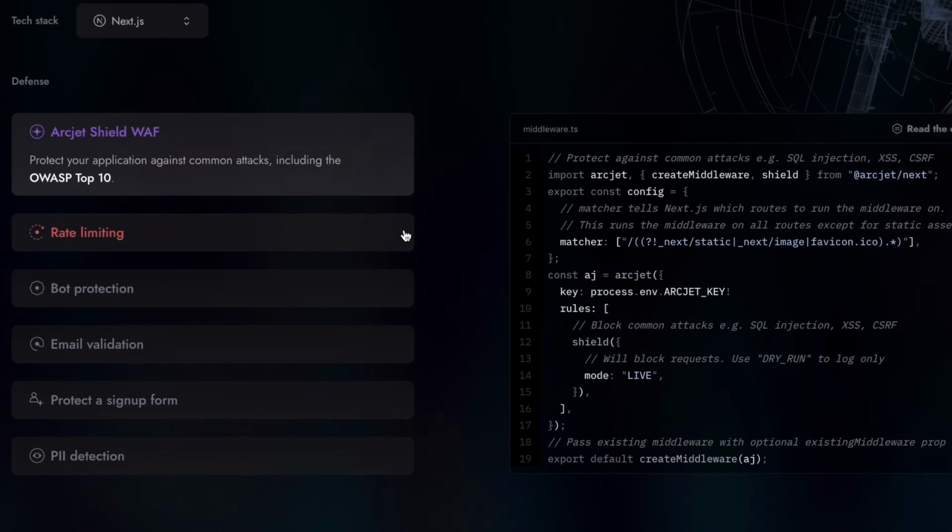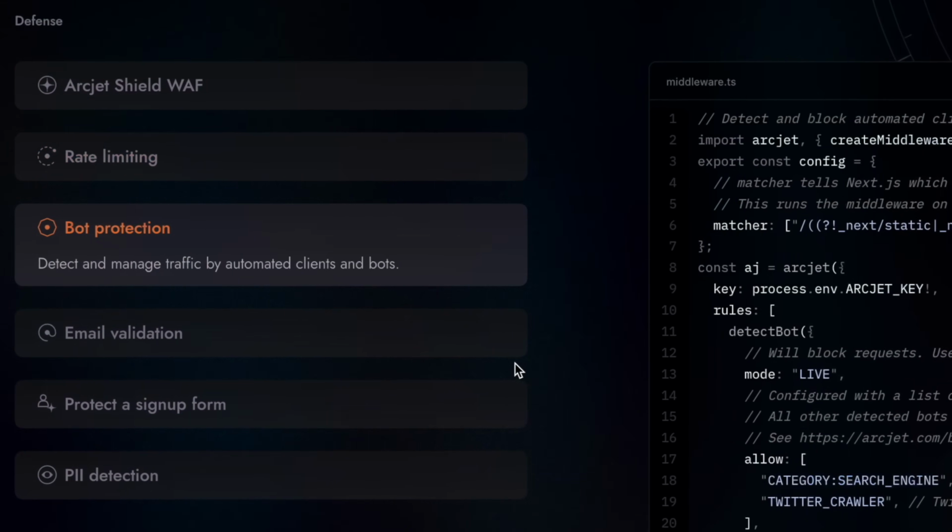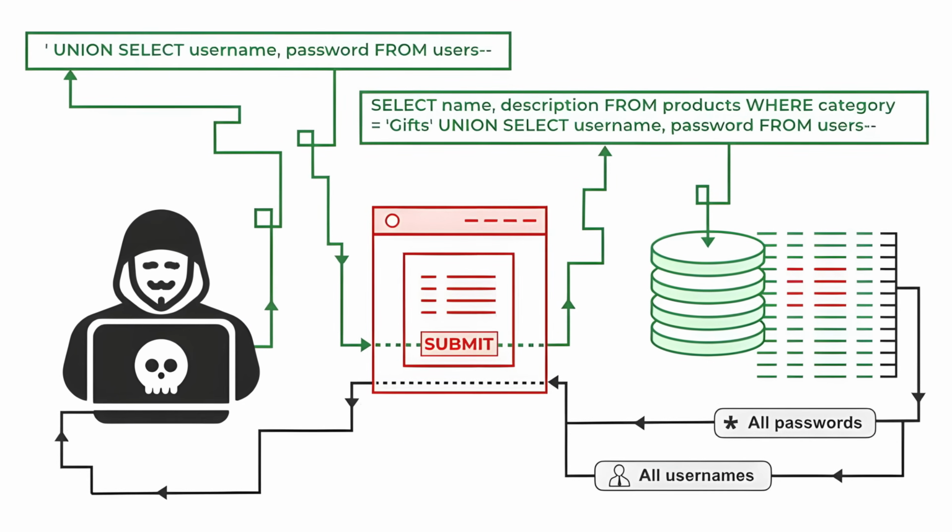Let's face it, we've got a brand new idea and we want to build a brand new app. The first thought is not typically security, but really it should be. We have bots, we have SQL injection attacks, we have cross-site scripting. All of these things can feel really quickly overwhelming. But what if I told you that there's a very simple way with a single tool to simplify all of